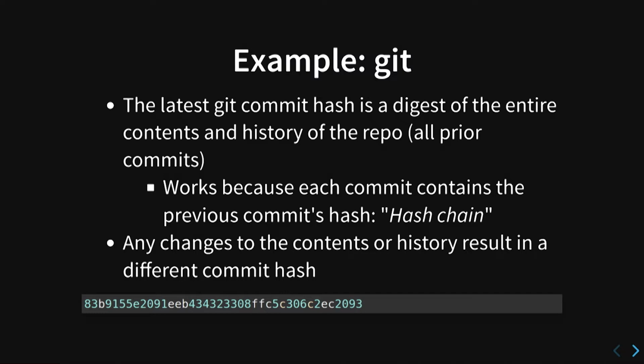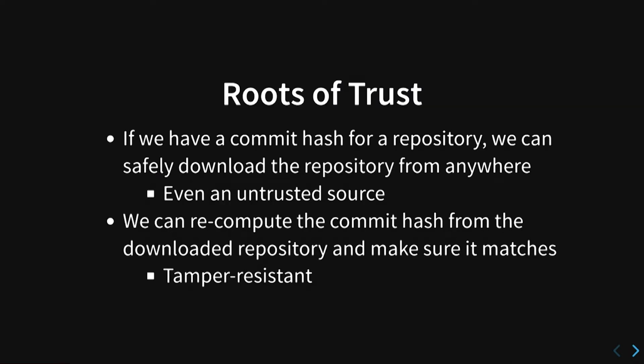And it's computationally infeasible to find any different history that has the same hash. So one of the terms that people use for these hashes is a root of trust, right? It's something that digests that entire history, right? And if you have that root of trust, you have that hash, then you can actually,